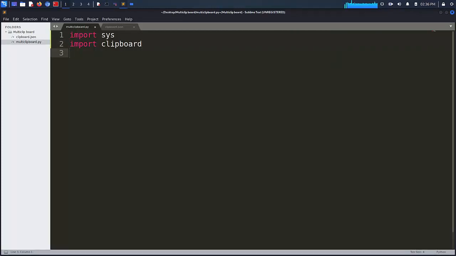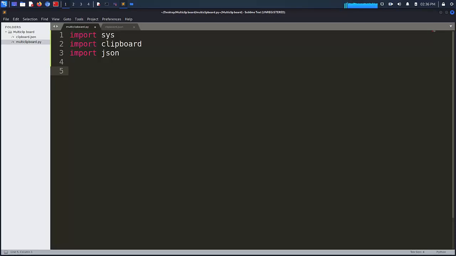Okay, the next module we will need is the JSON module. Now let me tell you something, this project is basically for beginners. So if you have only learned about variables, conditions and lists, then this will be a pretty easy project for you. So after importing the modules, the first thing I'm going to do is to store the path of